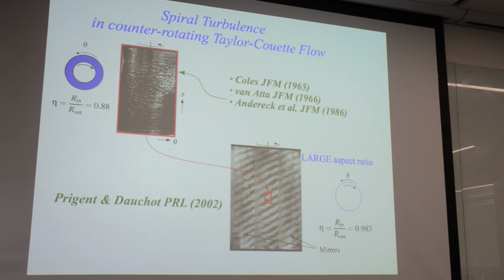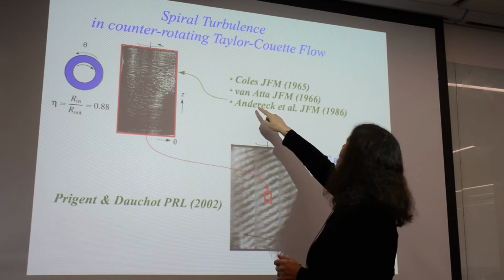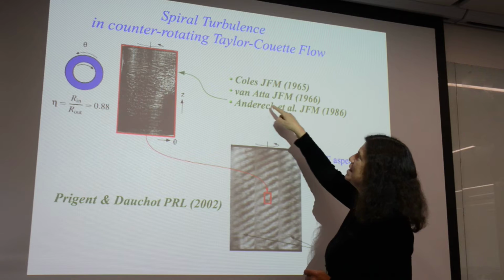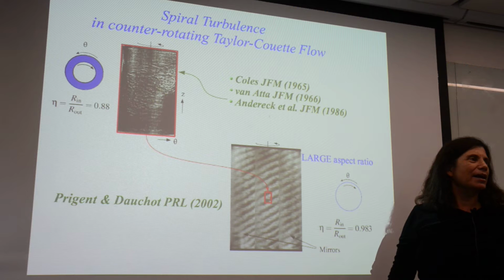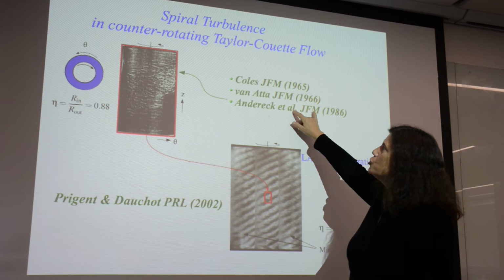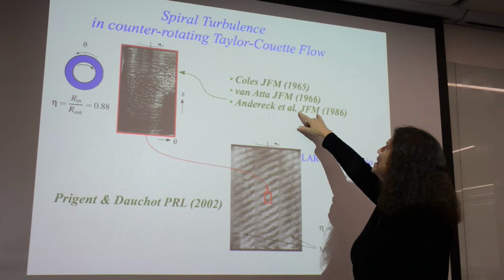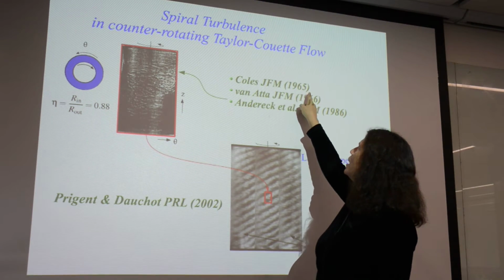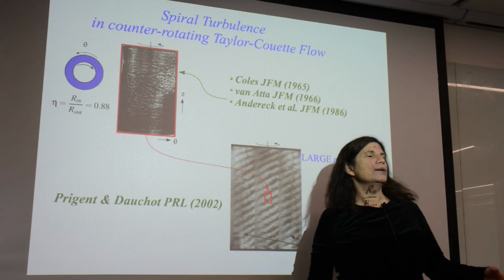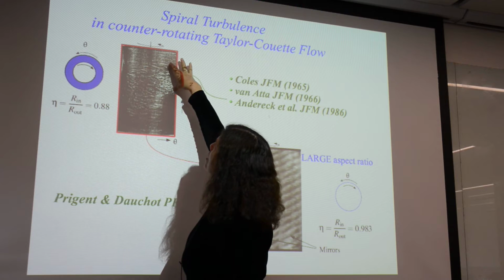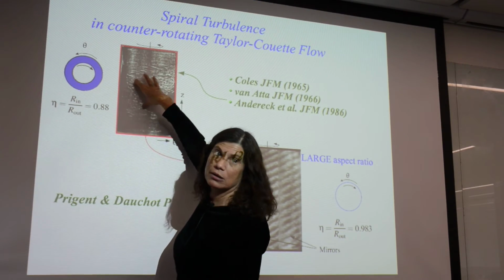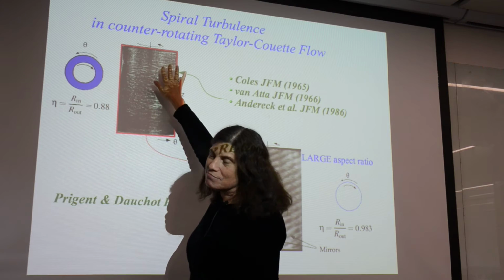And it turns out that this is a generalization of something that had already been seen in Taylor-Couette flow. This is a picture from Taylor-Couette flow from 1986, the group of Swinney et al. It's a group where I was a postdoc, and hence you can know why I'm mentioning it so much. This is from an article by Andereck et al., but it's the same phenomenon that was described in '65 and '66 by Coles and Van Atta, who were giants in fluid dynamics at Caltech. And you see here, although not that clearly, spiral turbulence here, and laminar here.